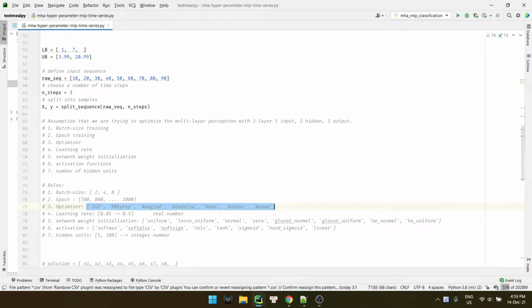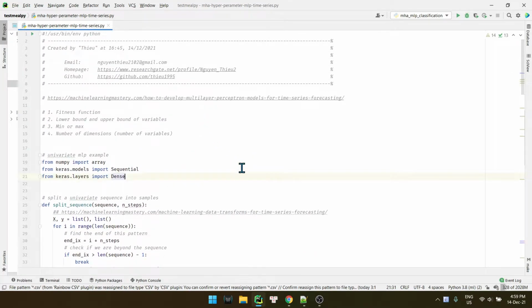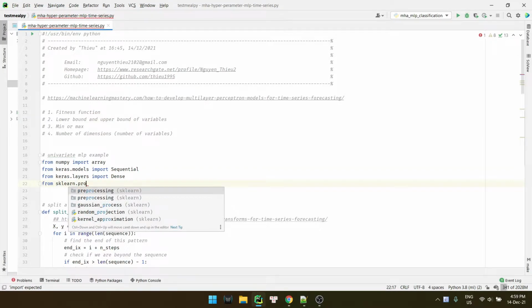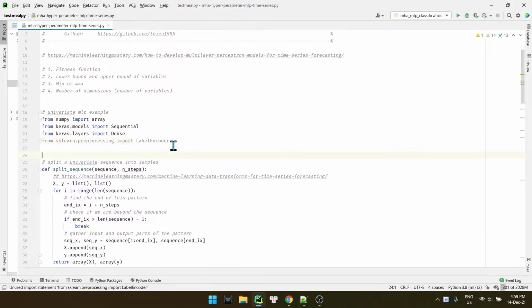There is a way to do it with LabelEncoder from the scikit-learn module preprocessing, and we will import LabelEncoder. This class will transform a string into an integer or the reverse. So that is what we want to do.